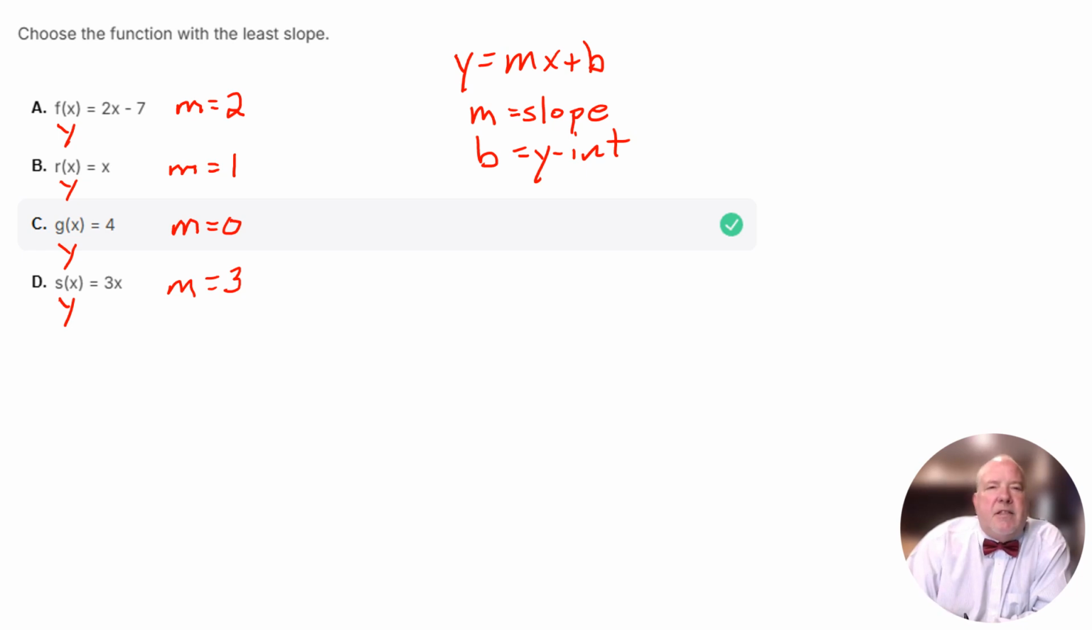So this was testing you to make sure that you understood slope-intercept form, and also that you understood if there wasn't an x, that meant your slope was 0. So keep up your hard work, and you will master the